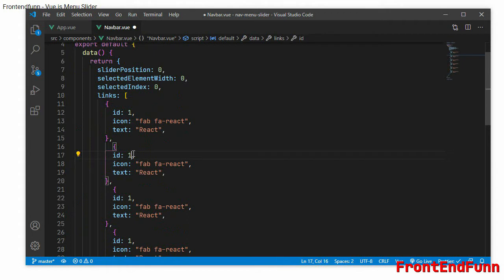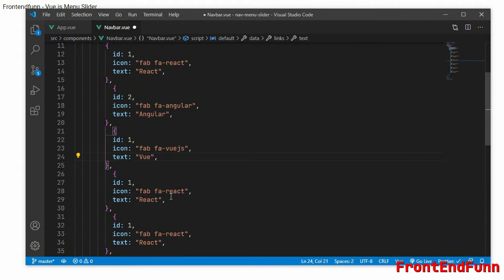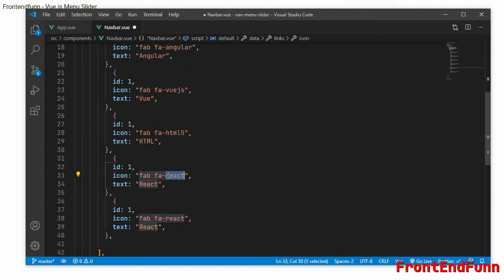Okay, let's change the second one, and this will be Angular, and this will be Vue. Similarly HTML5 for the HTML, and CSS3-alt for CSS3, and similarly for JavaScript, so fi-js.